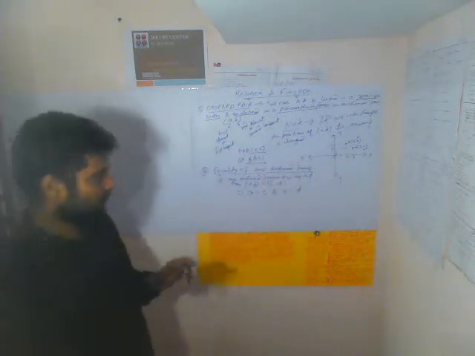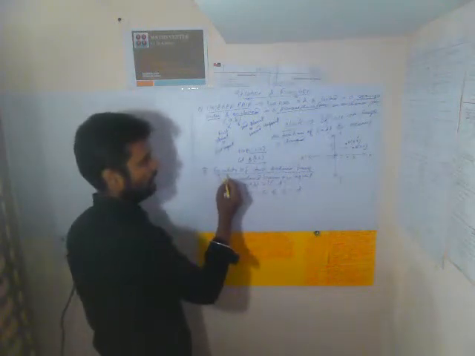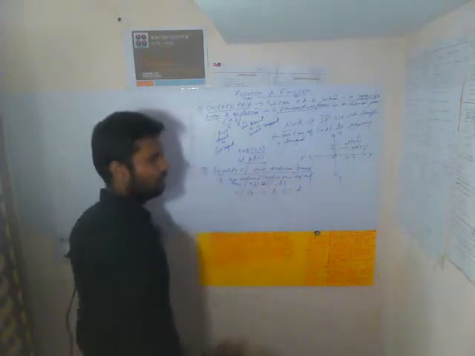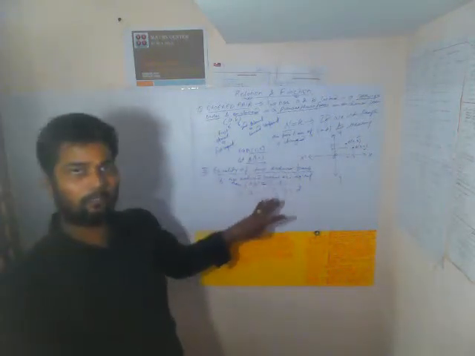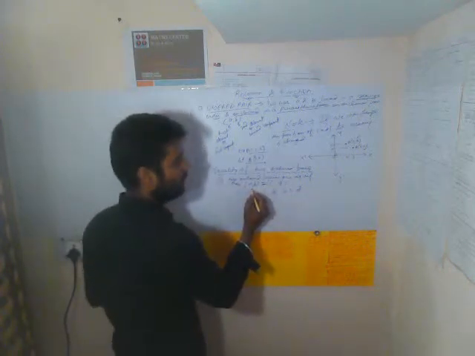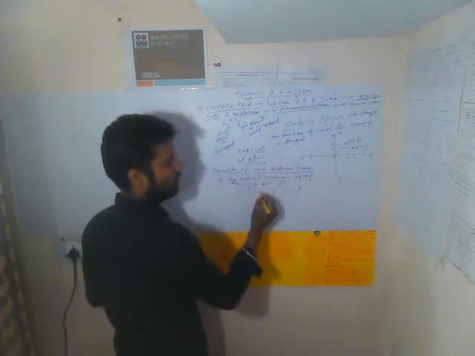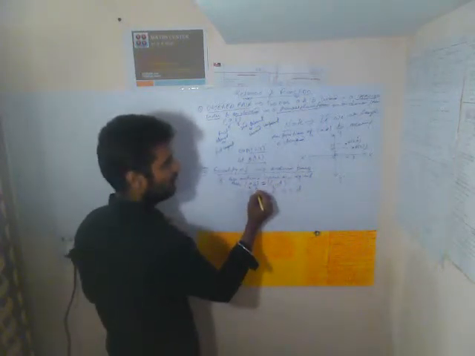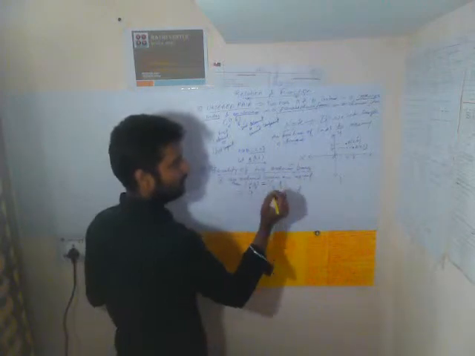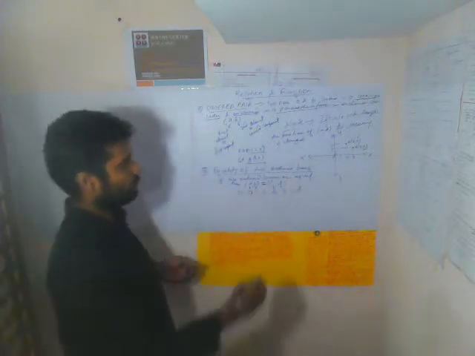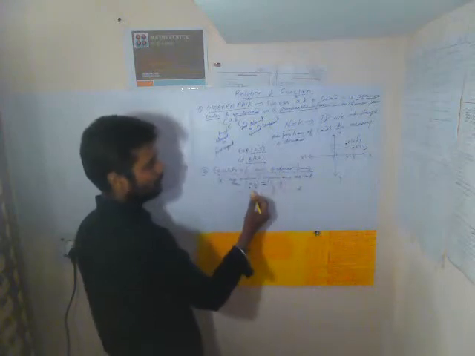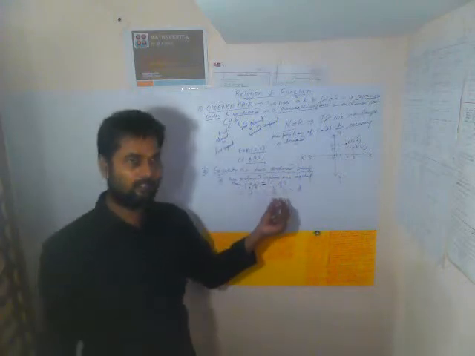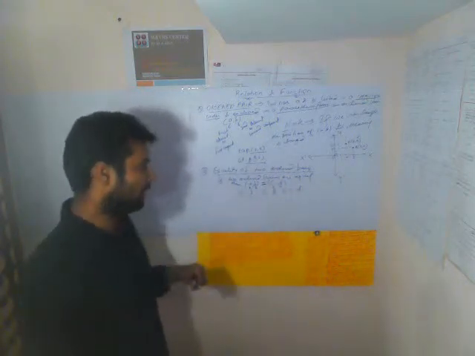Whenever the sign of equality is given in any question like this, then we have to equate the first coordinate with the first coordinate of the other side and the second coordinate with the second coordinate of the other side. So in equality of two ordered pairs, the first coordinate is equal to the right side's first coordinate and the second coordinate is equal to the right side's second coordinate.